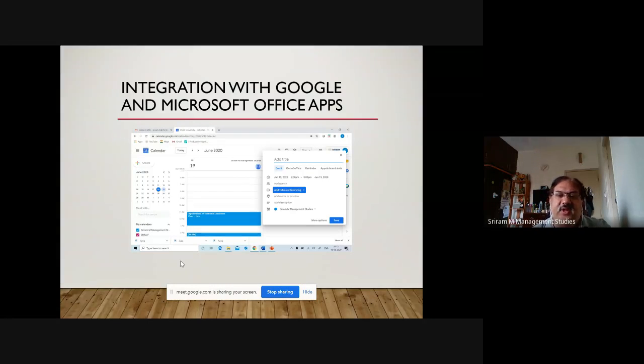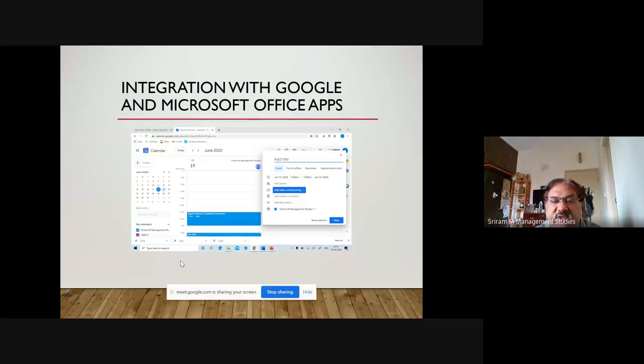In this calendar, there is a time schedule which is given from 9 a.m. till the end of the day. If you just click on the time, this second box will open, which I'm showing you on the right hand side, the add title. There you can add the title, give your date, time, then you can add guests. That is when you will be adding email IDs. And add conferencing is where we will do it. All this I'll show you live.